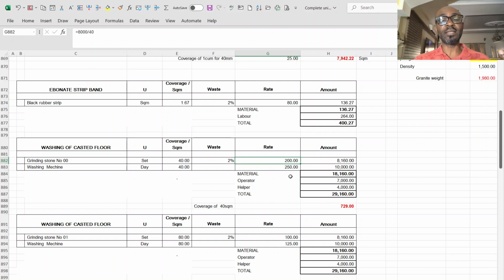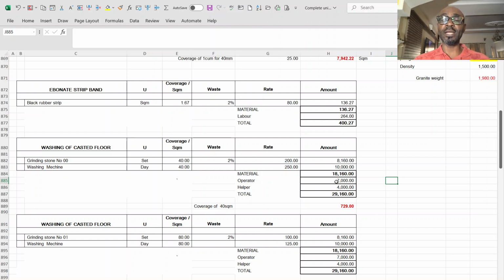So then the same thing for the machine is 10,000. In a day, the operator can wash up to 45 square meter as well. So if you divide the 10,000 for the cost of machine and the fueling, it will give you 250. If you multiply 250 by the 40, you have this amount. If you add them together, you have 18,116